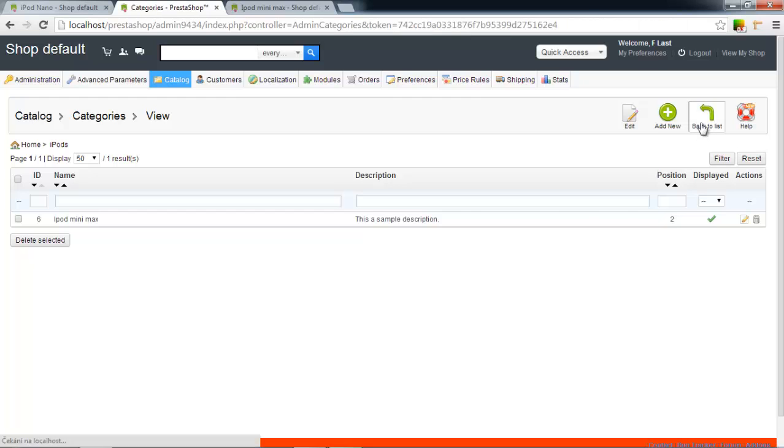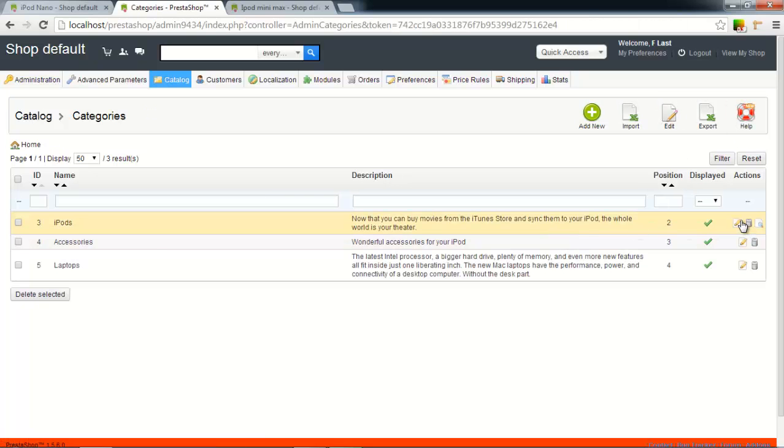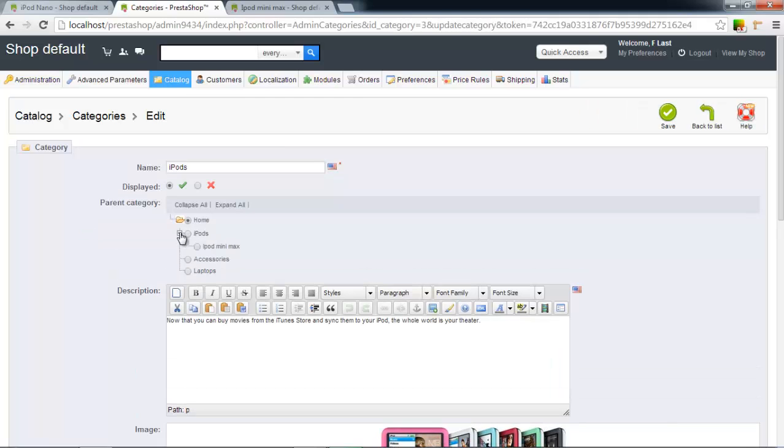I want to click here on edit the iPods category, and we cannot choose iPod Mini Max as parent category, because that would mean there would be an infinite loop, because iPod Mini Max would have iPods as parent category, which would have iPod Mini Max as parent category, and so on and so on. So we should get an error message,